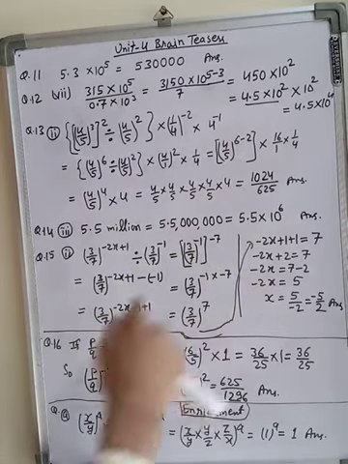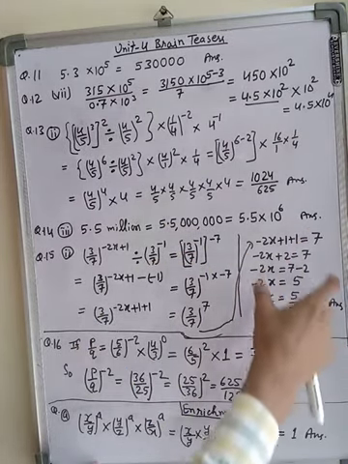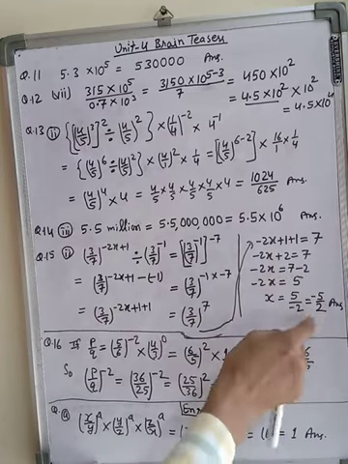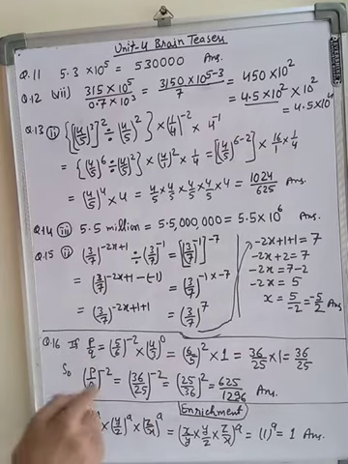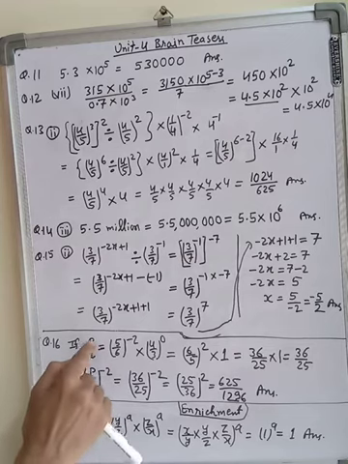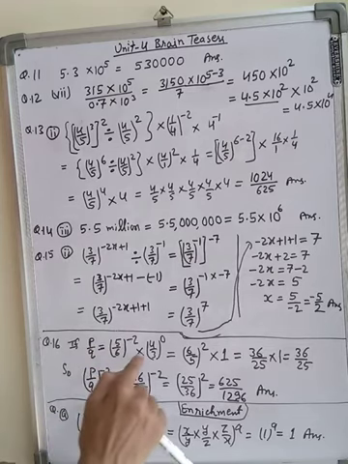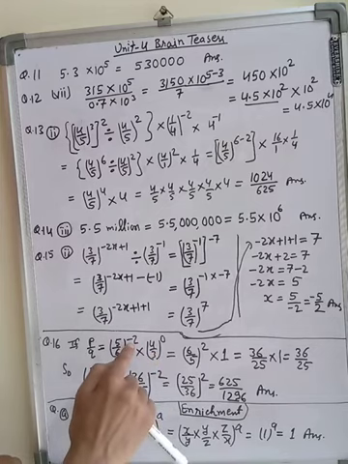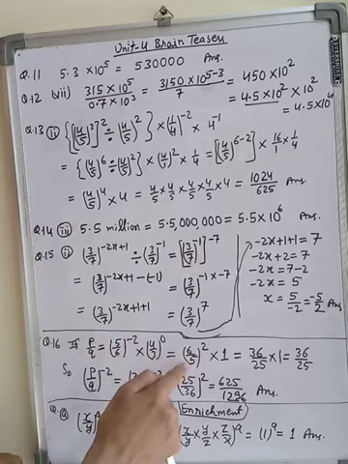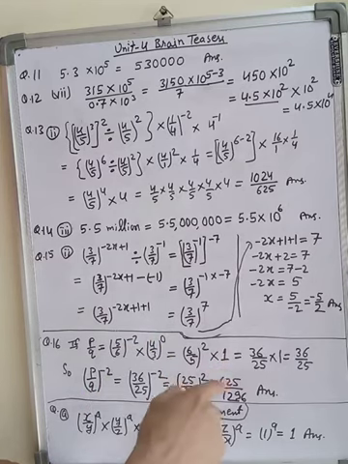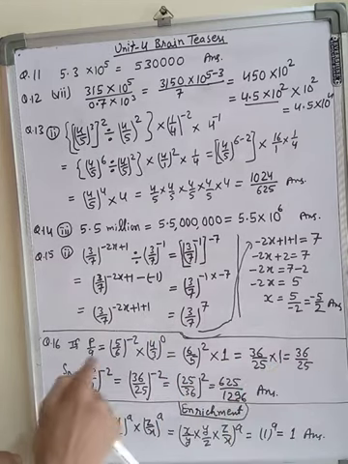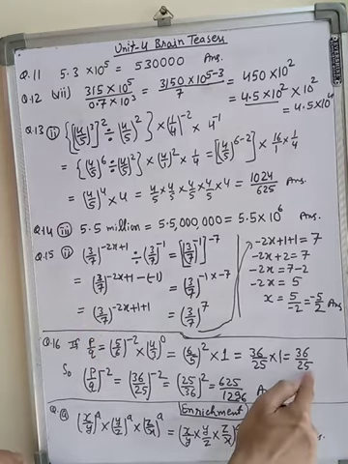So this I have written here, and as per the law of how we solve the linear equation, in that way I have solved. Question number 16, p upon q is given this much and it asks to find the value of p upon q to the power minus 2. So first of all we will find the p upon q. This I have solved, minus 2, this I have written here its reciprocal, and 4 upon 3 to the power 0 will become 1 because we know x to the power 0 is equal to 1. And then after solving this, the value of p upon q came this, but this is not the answer.